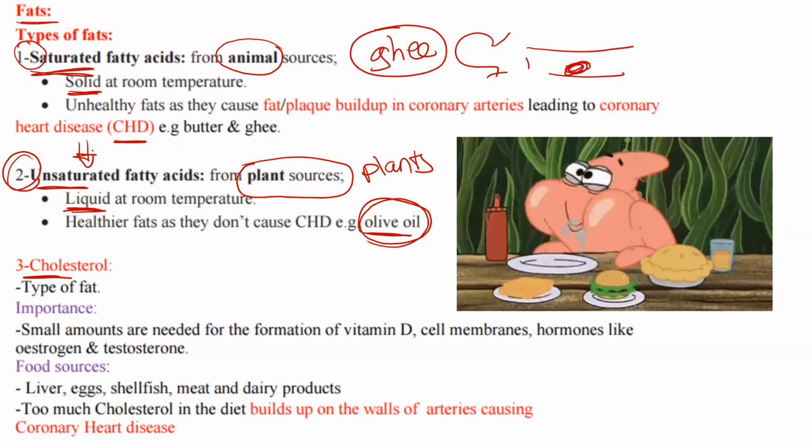That's why if you want to go on a diet or improve your diet... Avocado? Excuse me? Avocado is unsaturated fat? Yes, any fat or oil coming from a plant source is unsaturated fat. It's liquid at room temperature. Coconut oil solidifies a little in the winter, but they are all considered unsaturated fat and they are less harmful. They do not cause coronary heart disease. A lot of people now cook with olive oil because it's healthier. And there's the third type of fat that I think you all heard about, which is cholesterol.